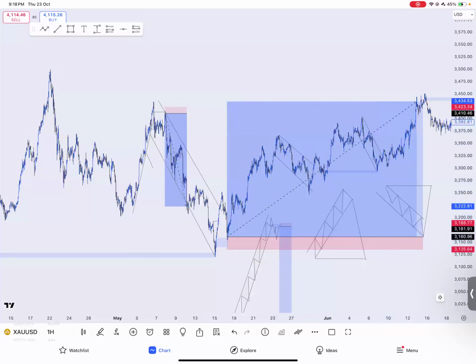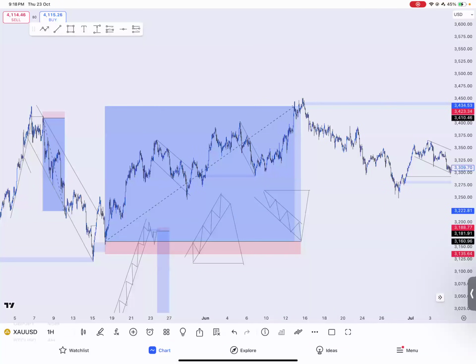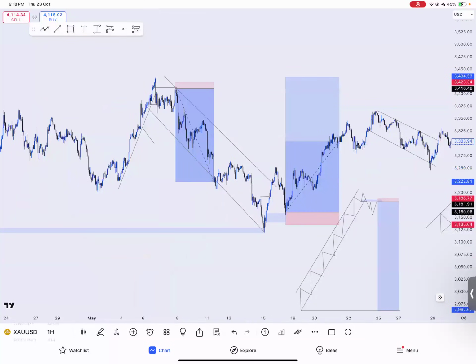This is the trade, full take profit level. So that is one way to take your profit in the market using trendline liquidity. But the most common way to use trendline liquidity to take your profit in the market is when market starts